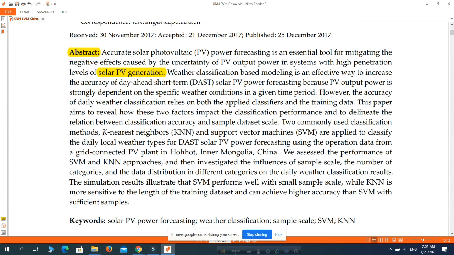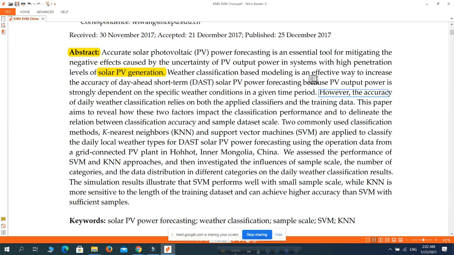Weather classification based modeling is an effective way to increase the accuracy of day ahead short term solar PV forecasting because PV output power is strongly dependent on the specific weather conditions in a given time period.